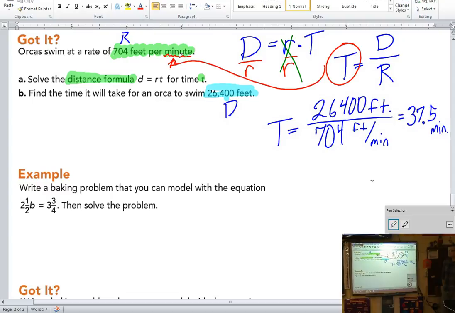So guys, 26,400 feet is 5 miles. This is 5 miles. And an orca can swim that in a little over a half hour. That's not that far. Can you swim that far? No. So that's approximately like 8-ish miles per hour. So like the speed, if you were at a fast run, that's about fast run speed. Depending on how fast you run, that'd be like my fast run. Some of you guys probably run faster than that,